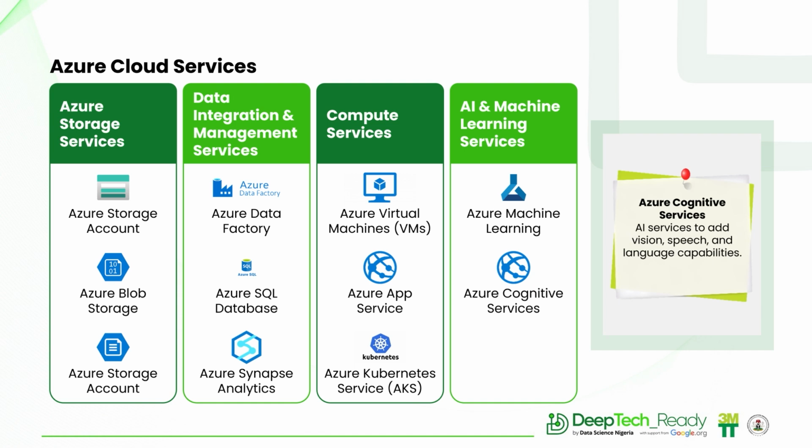Azure Cognitive Services provides pre-built AI models for things like recognizing images, translating text, or understanding speech, right? You can use these ready-made tools in your machine learning project straightforwardly, saving you time. For instance, if you want your model to understand text in multiple languages, or you want it to recognize emotions in pictures, is the image a smiling image? Is the person in the image frowning? All these things are done by the cognitive services offered by Azure. So cognitive services can do that without you needing to build those capabilities all from scratch.